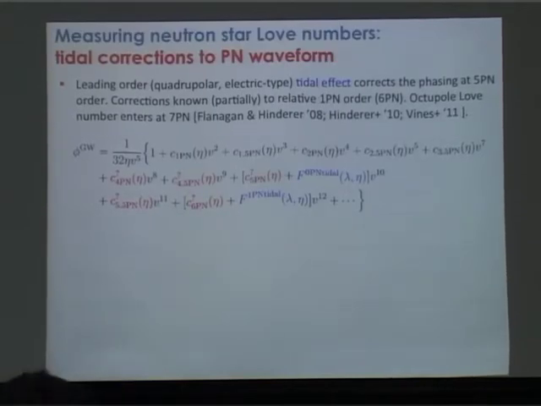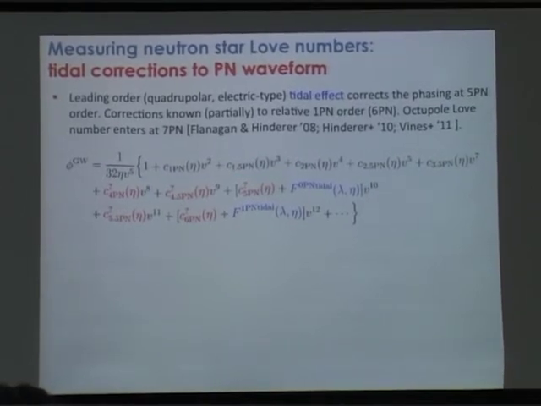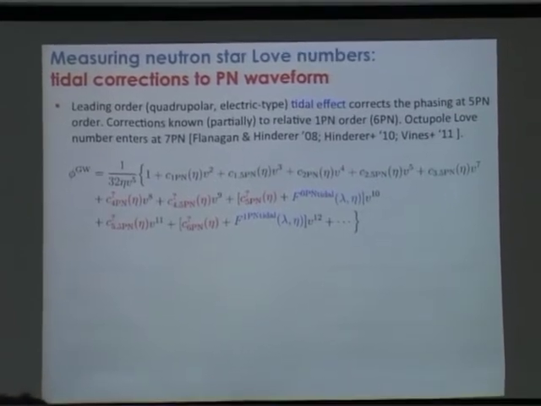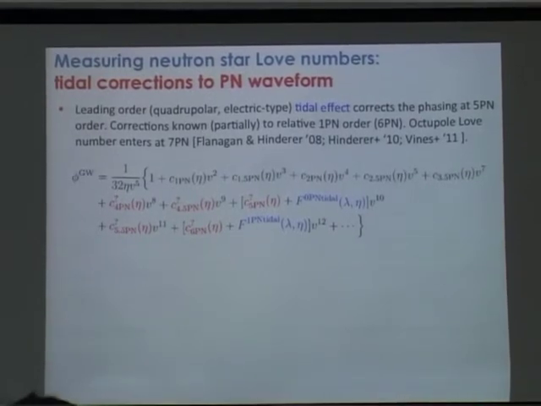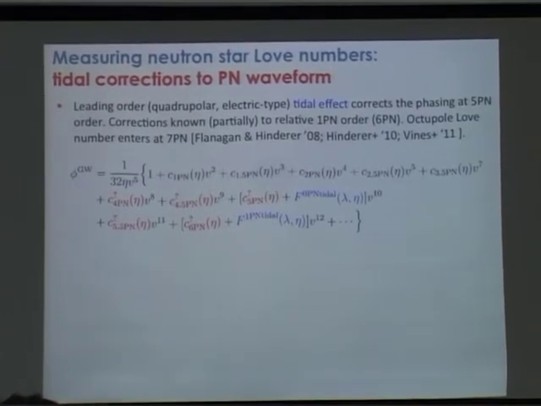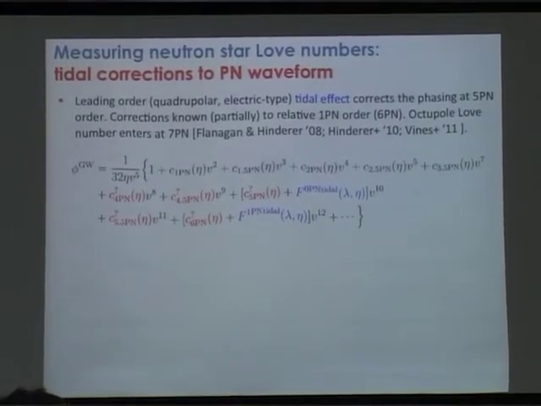So in terms of where this enters, it's actually at a very high post-Newtonian order in the phasing. If we look at the orbital phasing, before I showed that 3.5 pN expression. Now, this is the expression I showed earlier, where I'm just rewriting the coefficients in terms of these c's. Now the tidal effect actually enters at this power v to the 10th, which is a 5 pN effect. So you can see this Newtonian tidal effect essentially comes in at a higher pN order than we actually know the rest of the waveform. So there are all these other pieces of the waveform that we don't know, which come in at lower orders. So this presents a possible problem.